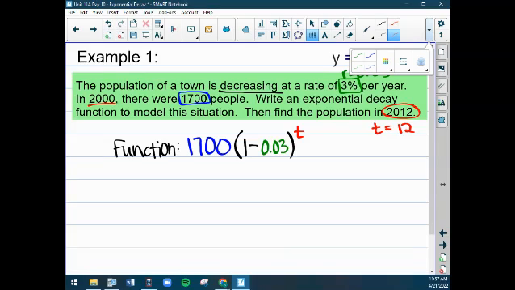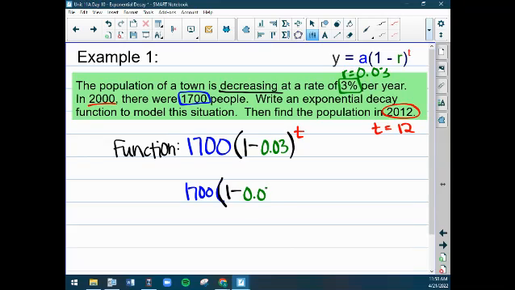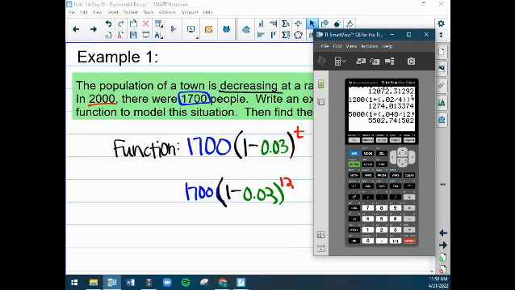All right, so I've got my 1,700 times my 1 minus 0.03, and now to the power of 12. Okay, so we take that and we put that in our calculator. So I got 1,700 times 1 minus 0.03 to the 12. Okay, and I get